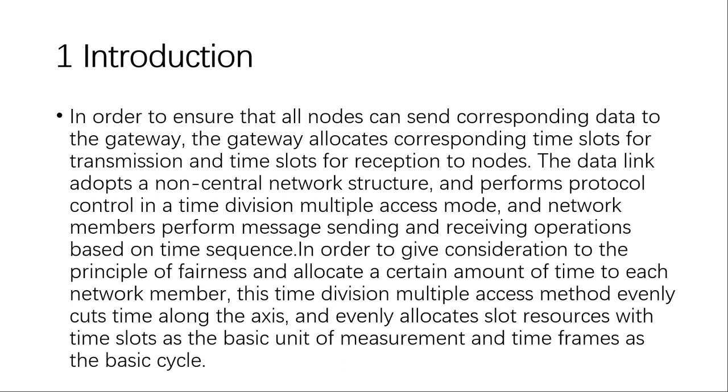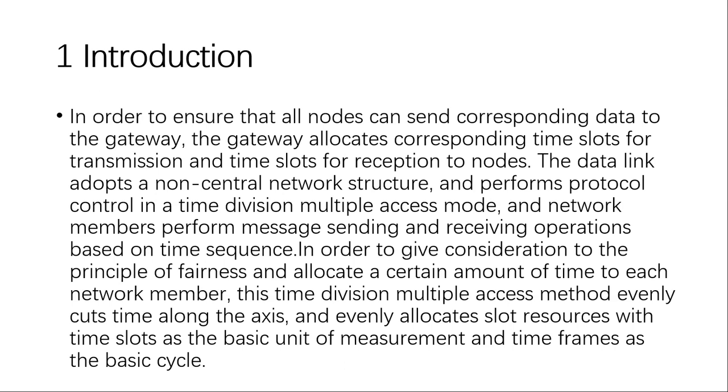The data link adopts a non-central network structure and performs protocol control in a time division multiple access mode, and network members perform message sending and receiving operations based on time slots. In order to give consideration to the principle of fairness and allocate a certain amount of time to each network member, this time division